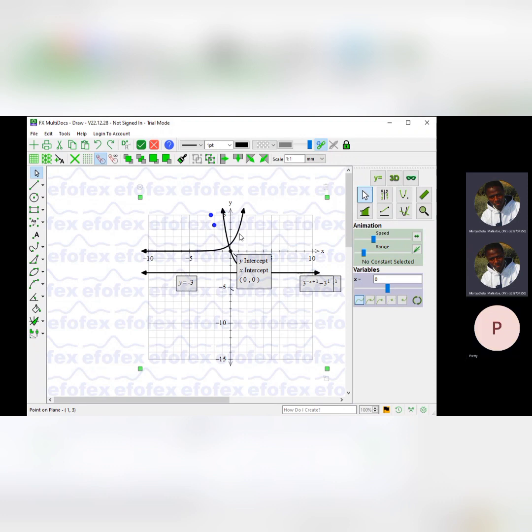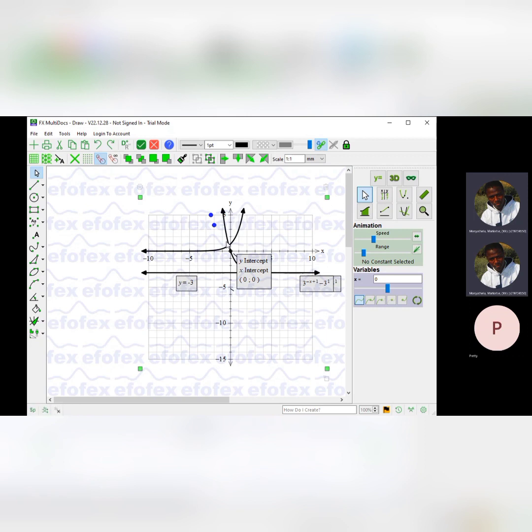Let me just quickly check the question. Yeah, this one is the graph of H, and this one is the graph that we had before. So you can see what transformation did